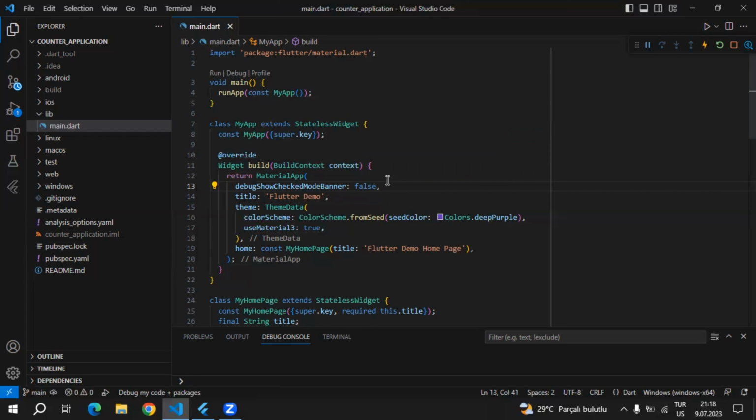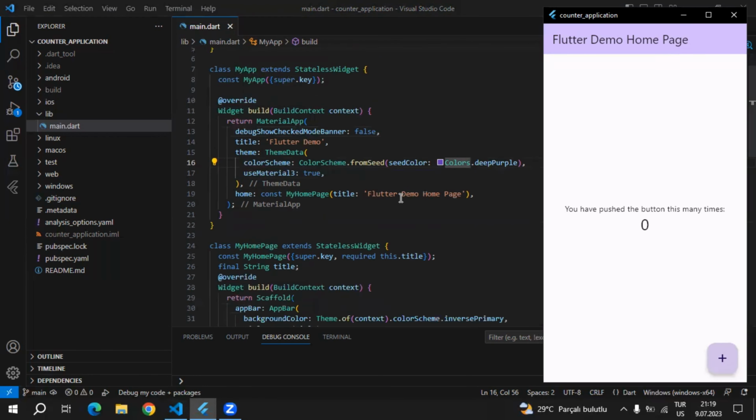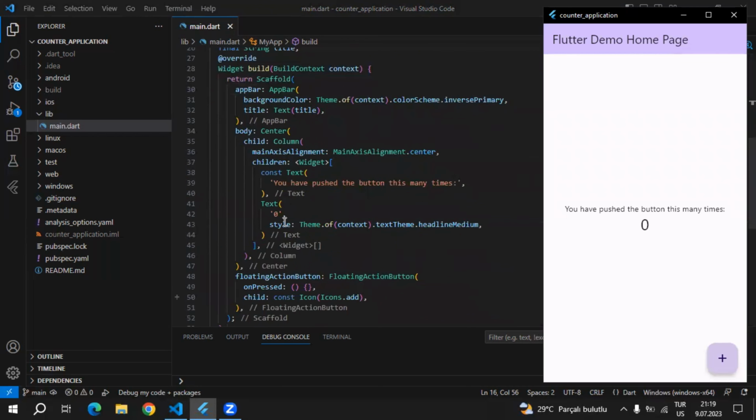Before I explain the streams, I would like to explain reactive programming. Because if you understand reactive programming, it is going to be a lot easier to understand streams and stream builder. Currently, this application is static. As you can see, nothing is changing. If I click this floating action button, also nothing is changing because the values that we are providing are